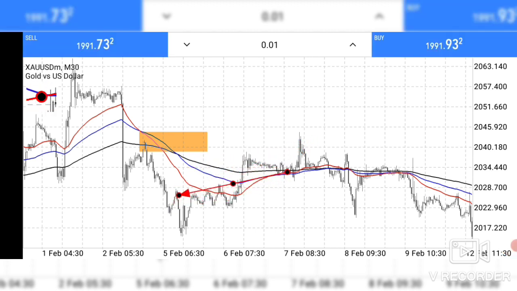The next thing is to wait for price to come to us here. After the crossing there is a separation, then as price comes back, the black moving average should be above. We are looking for a sell, as we have seen in the higher time frame, and the blue has to be in the middle, and the red has to be providing the signal at the lower boundary. So here we have price coming to us, somewhere here. We can enter here, even though it doesn't touch the red, but at least we can enter here. That's the fact, you see.